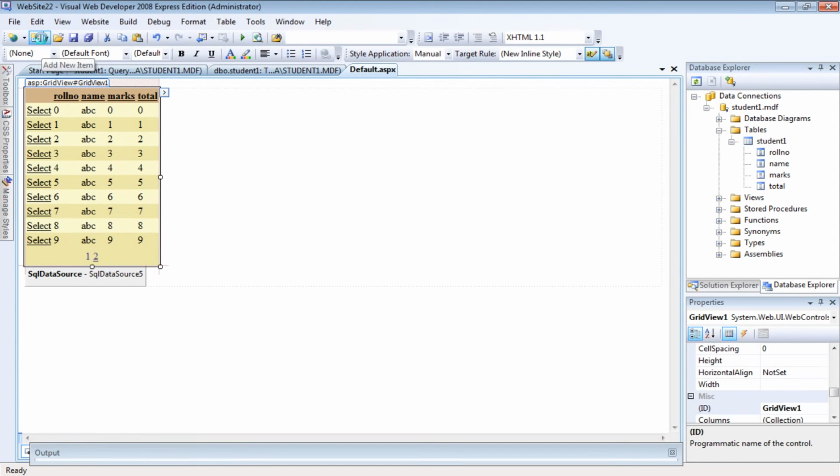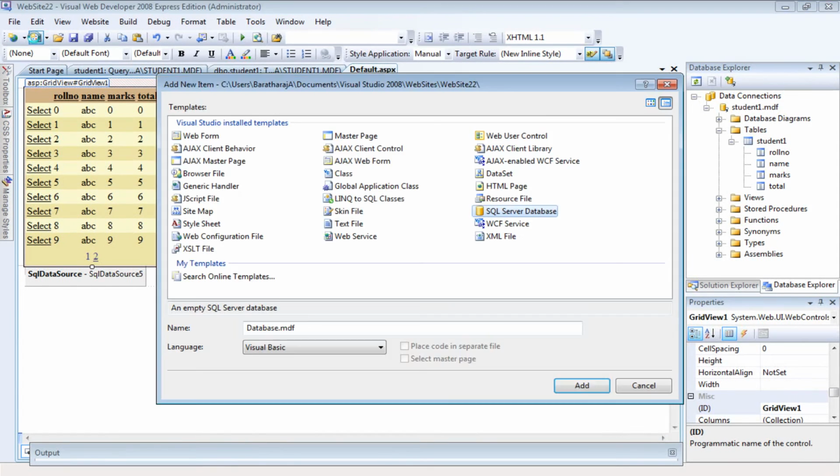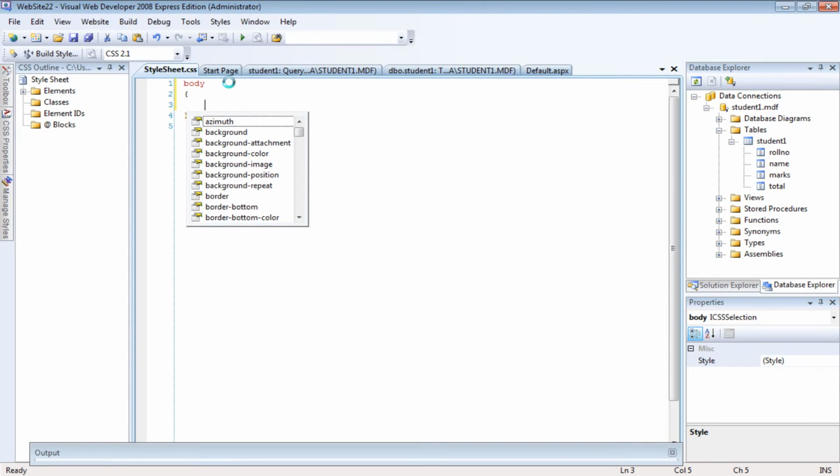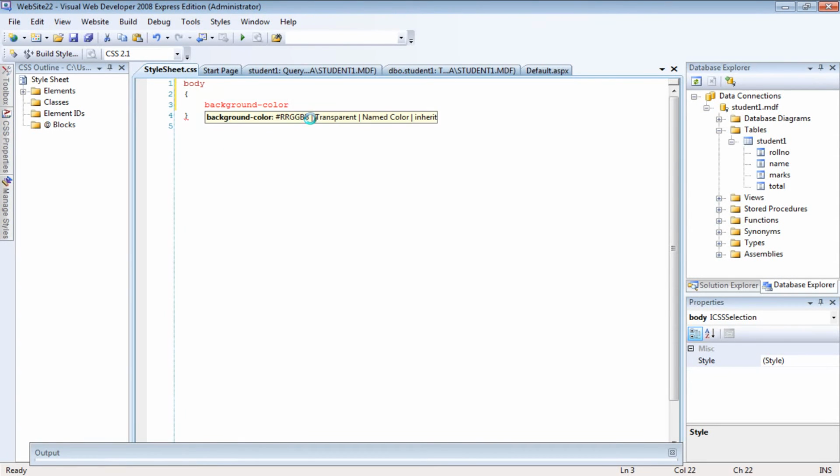Add a new item. Here press style sheet, default name is style sheet.css, press add. So here it will be coming. Just I am changing the background. So I am changing the background color. So select that one. The color is, I want to select it as green. Okay, so this has to be added to this project,